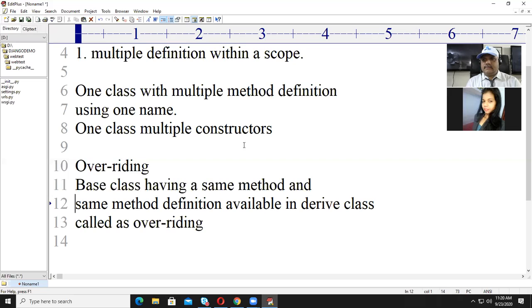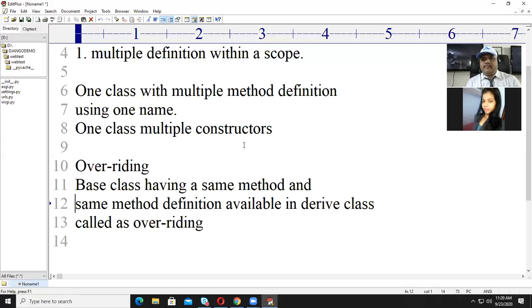Please repeat once. Overloading means in one scope, in one class, if you have multiple definitions of one method name or multiple definitions of constructor, which you already did, that refers to overloading.